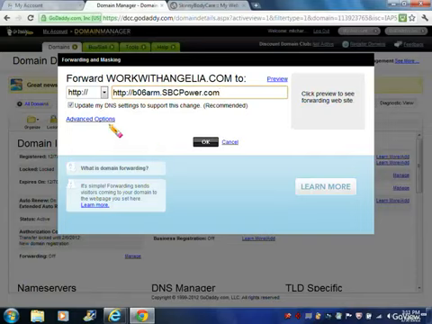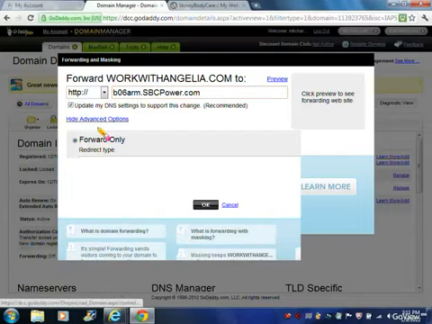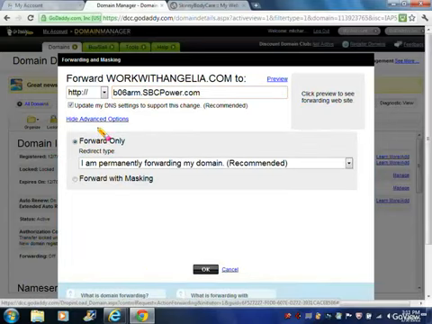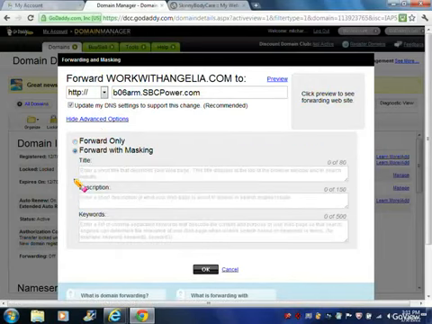If you click on Advanced Options, those of you that are a part of Skinny Body Care, I would like for you to select Forward with Masking. Some other companies, you must be careful about this, because if you do this option, sometimes it strips out your ID and you won't have customers linked to your website. So be careful about it. You may want to connect with your support area to make sure that that is something you can do, but